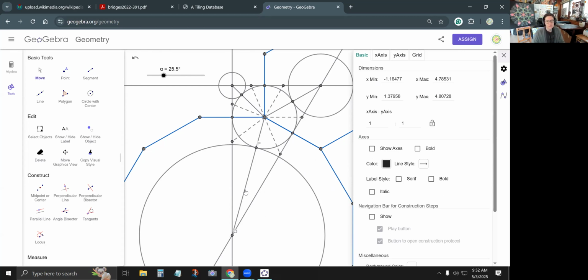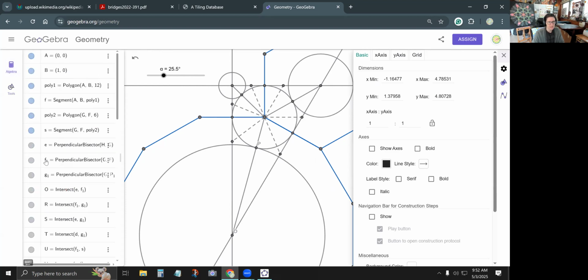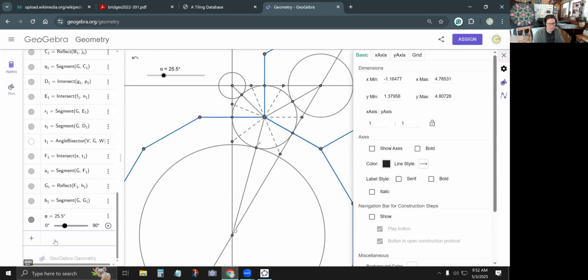And then what we're going to do is rotate point O by alpha about point P. And so I'm going to type that into my algebra input as rotate